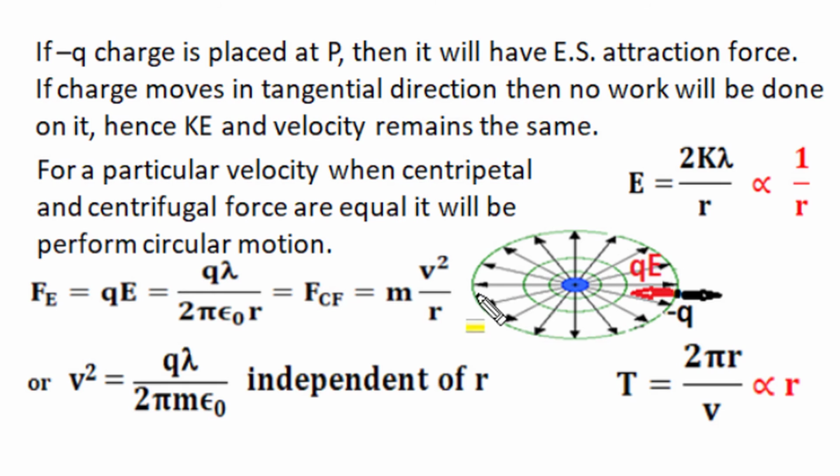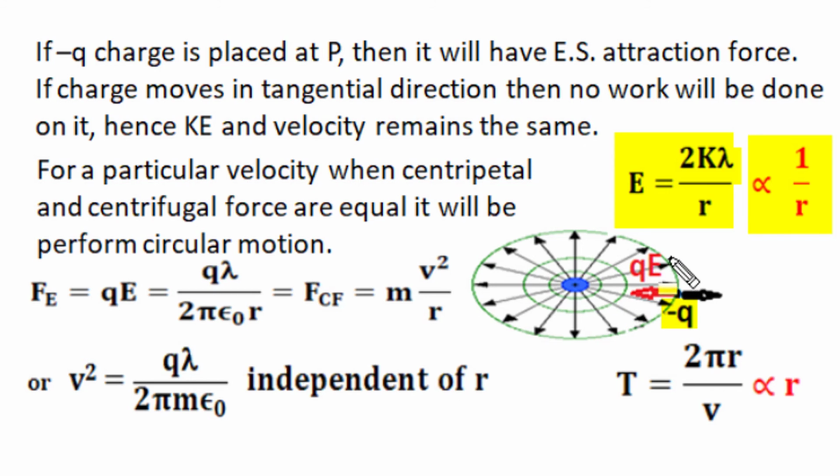With this example, we can very well explain the planar radial diverging electric field of a uniformly charged line charge and explain why its electric field strength has an inverse of distance relationship. We have given a test negative charge q at a distance r from the central axis of this line charge having linear charge density lambda, which produces a 2k lambda over r electric field. This positive charge produces a radial outward electric field. Now this negative charge will have an electrostatic attraction force qE.